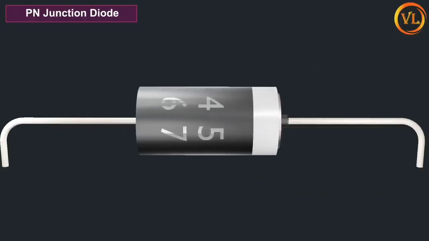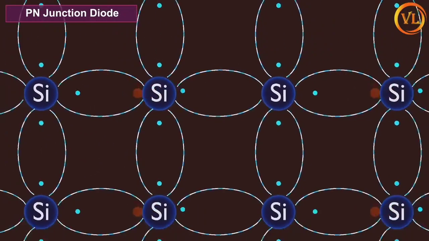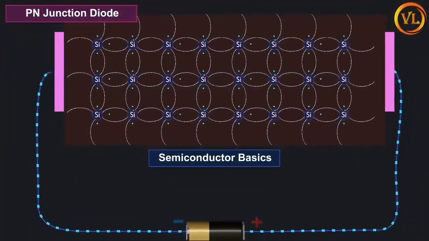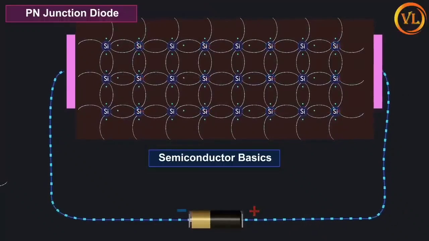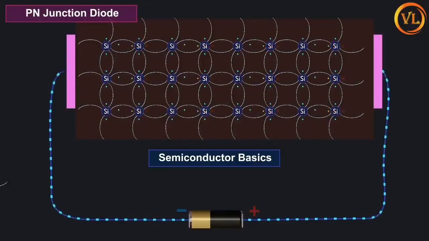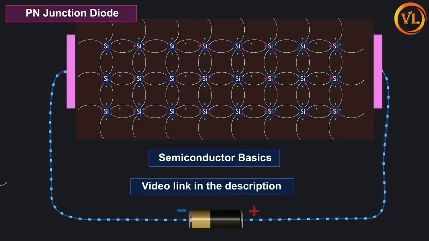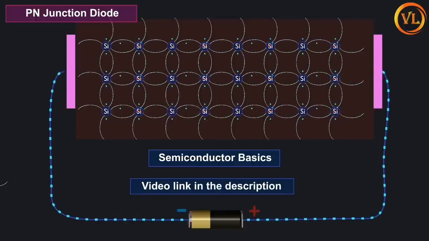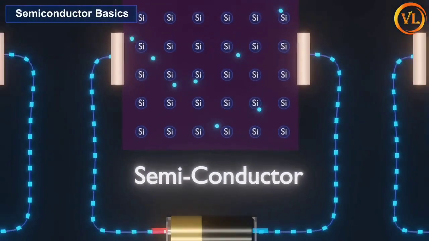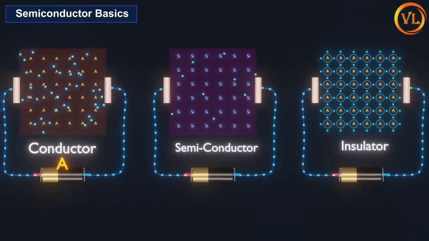N-type and P-type semiconductor materials are electrically neutral. Free electrons and holes cross the junction. However, when the free electrons and holes have crossed the junction, the N-type and P-type semiconductor become charged. If the atom has an unequal number of electrons and protons, the atom is said to be charged. The charged atom may be positive or negative. An atom which has a greater number of protons than electrons is said to be positively charged.